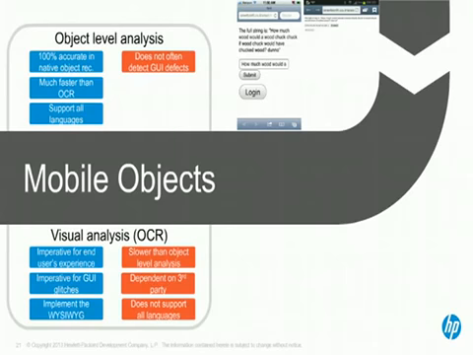So the right method depends on what you're trying to achieve. If you're trying to get the image of the text, which is being displayed on the edit box, you will use the OCR method. If you want to get the full string, and with that all properties of the objects, you will need to use the OS level analysis. So I think the main point in this slide that I want to make is that you will need both approaches to build a robust test across platforms, devices, and OS. Next one, please.